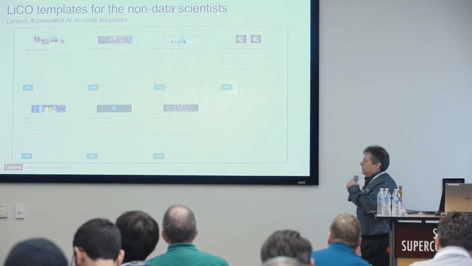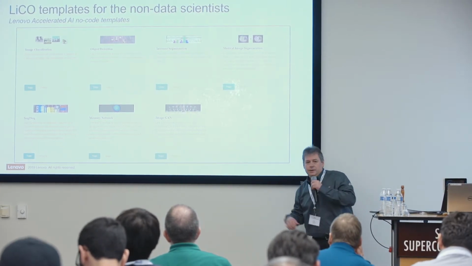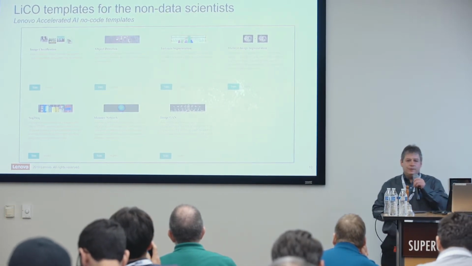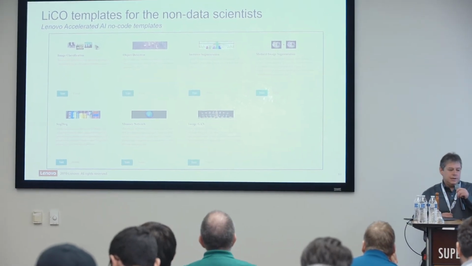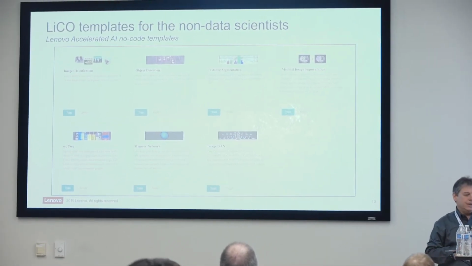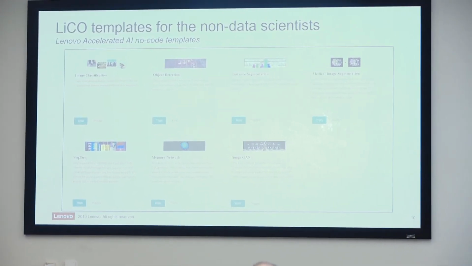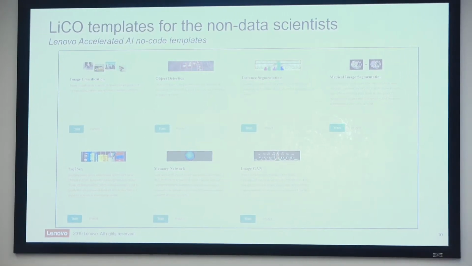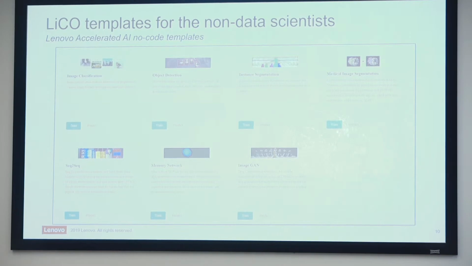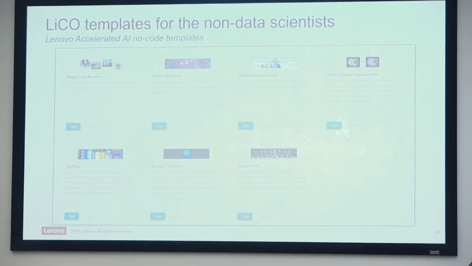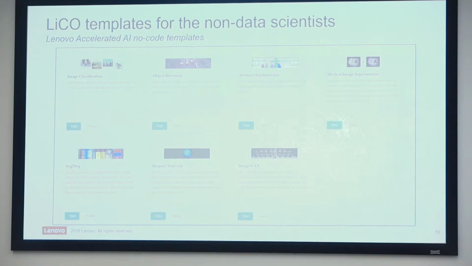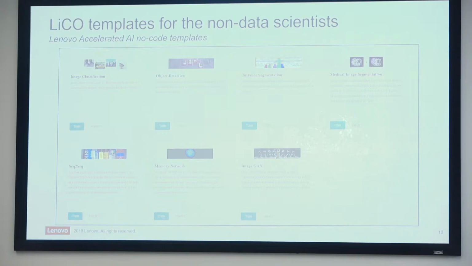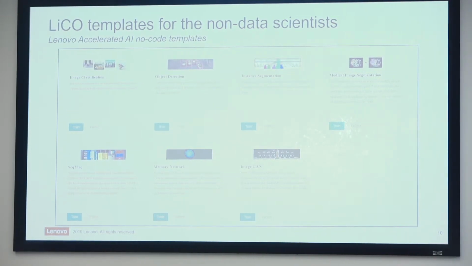So I mentioned those non-data scientists. This is where we provide, for a lot of popular use cases, pre-built models around things like image classification, object detection, instance segmentation, medical instance segmentation, as well as some things around natural language processing. What these do is give them the ability to bring a data set, where an institution has a large data set that could be very valuable for AI applications, but they don't have the expertise to build those models. We've built models for them so they can simply bring those and deploy them to the cluster.